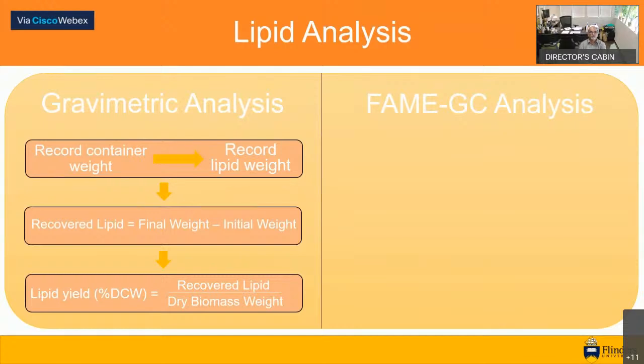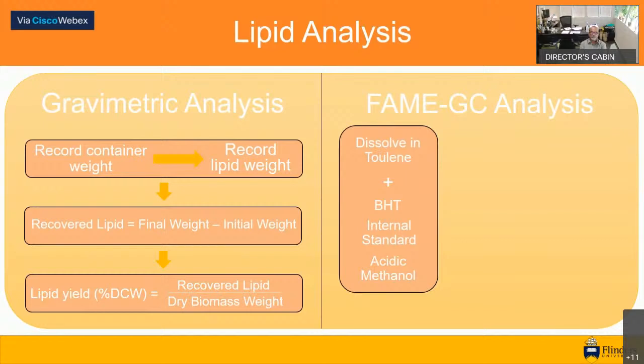The internal standard is used as a standard to assist calibration of the gas chromatograph machine. Acidic methanol is the primary agent for the conversion of fatty acids to FAMEs and must be prepared fresh an hour in advance. The reaction is incubated overnight at 50 degrees in a cap tube while the conversion to FAMEs